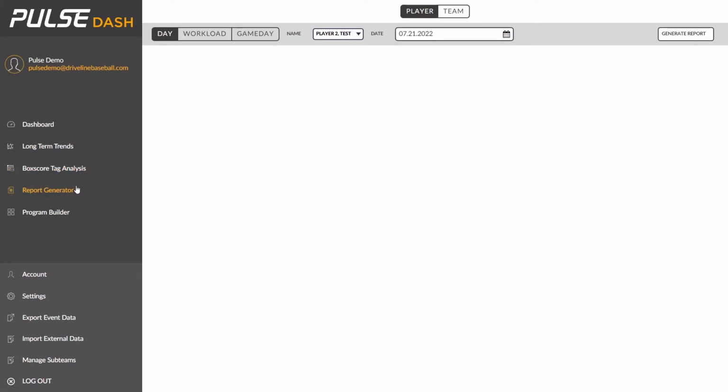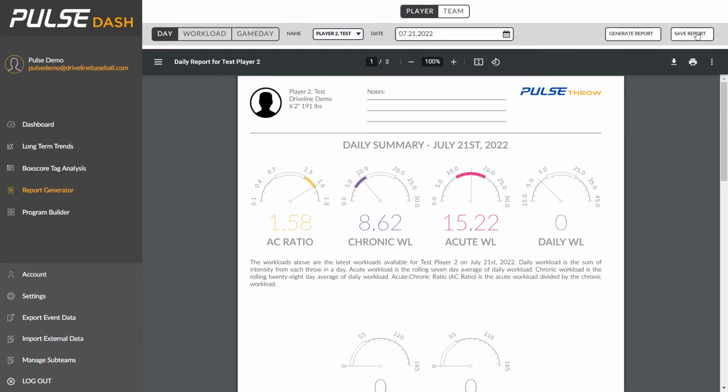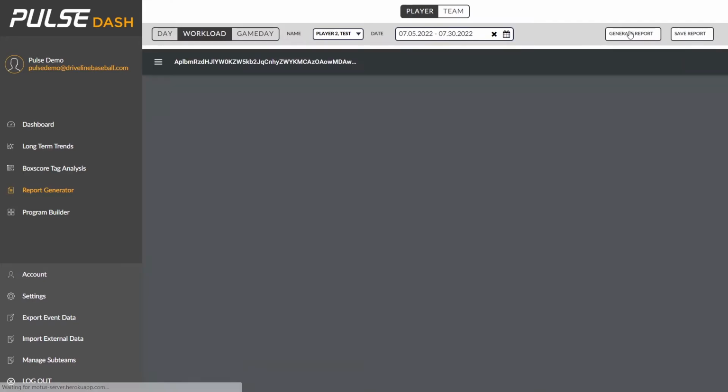Report Generator lets the user build a report for a player or for an entire team. Select the player that you want to build a report for and the date, and then select Generate Report. This is helpful if you want to give athletes daily results of their throwing workload. You can also do a similar thing for generating workload reports, which shows more of a history of how they've